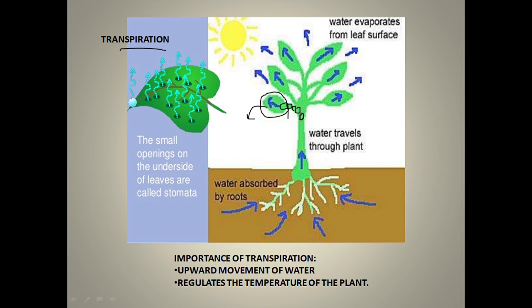Okay. So here this particular cell has already lost water through transpiration. Now what happens? It will start to ask the next cell, its friend, the adjacent cell present here: do you have enough water? I need water. So this cell will ask this particular cell, and this will create a suction pull.